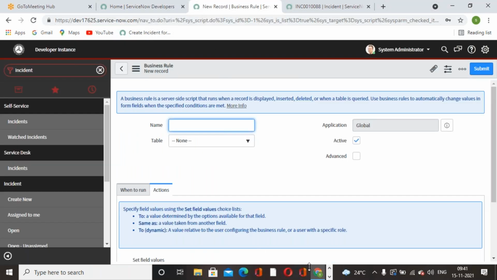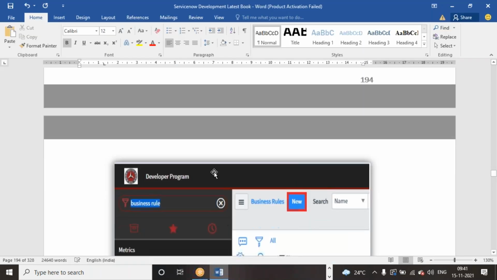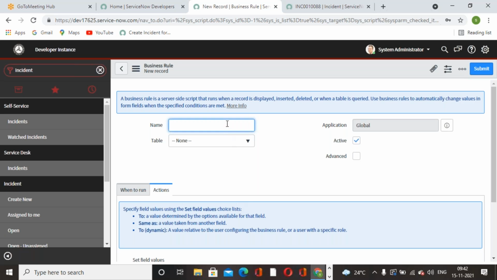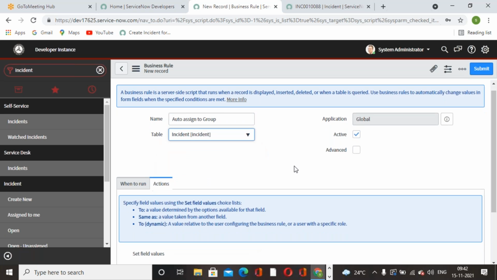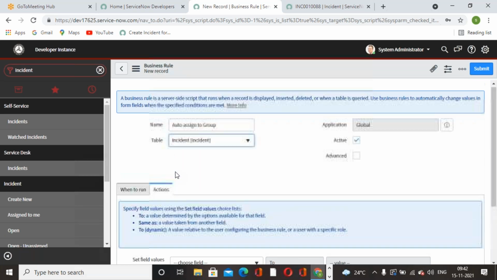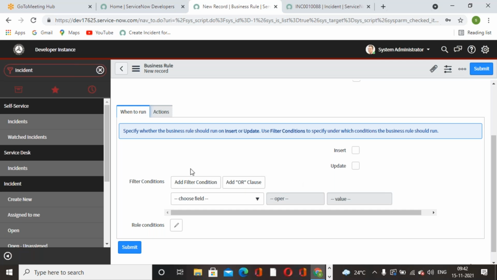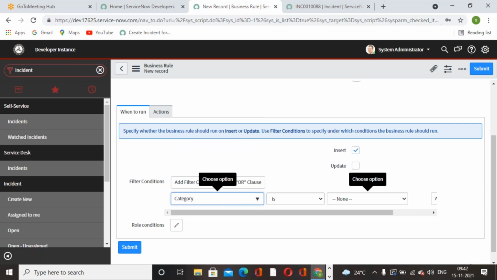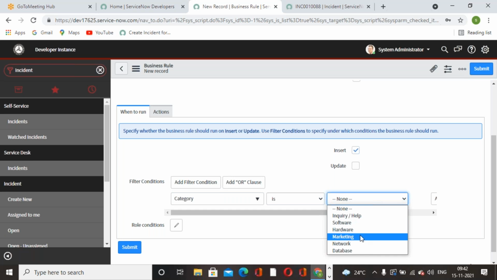Create a new business rule. The name of the business rule is auto assigned to a group, and this business rule needs to execute on which table. That particular table we have to select, and then we have to apply the condition. So when to run: when a record is inserted, with which condition? Category is network, or any other conditions we can define. Category is network,